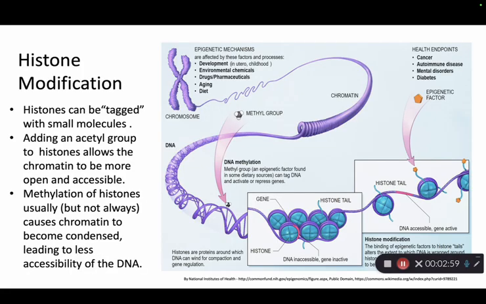In contrast, histone modifications will alter how tightly, we can see here, DNA is wrapped around histone proteins. Acetylation will open up chromatin, making genes more accessible for transcription. Methylation of histones can either activate or repress genes, depending on their context. These modifications help cells remember which genes to express and which to keep silent.